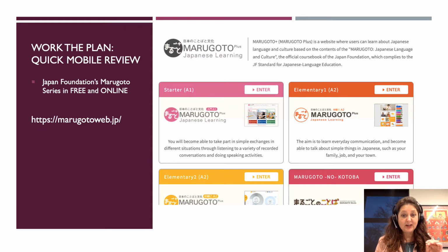Okay, but there is something for a mobile device. So the website for this is called marugotoweb.jp. This is also free. This is the mobile app version of the textbook. So it's kind of like your tutor that's coming along with you. You will be able to find audio and video, as well as quizzes if you want to quiz yourself, vocabulary exercises as well. The one in the lower right corner, Marugoto no Kotoba,